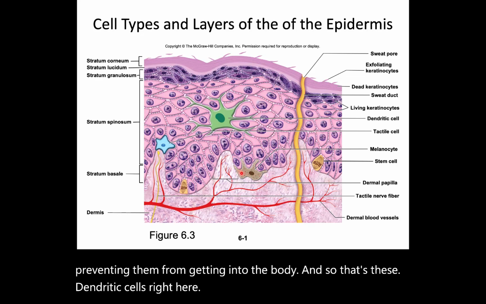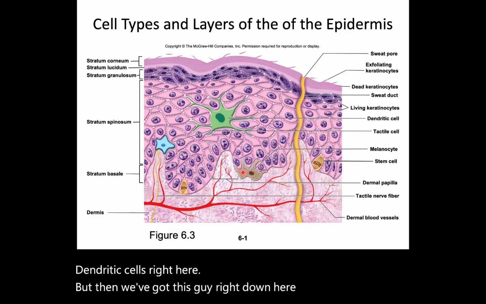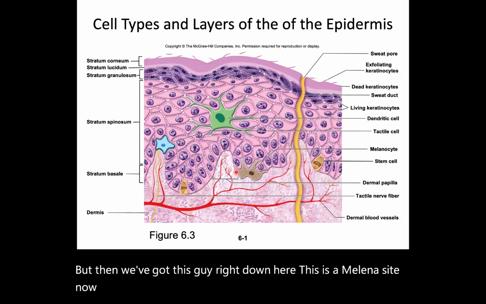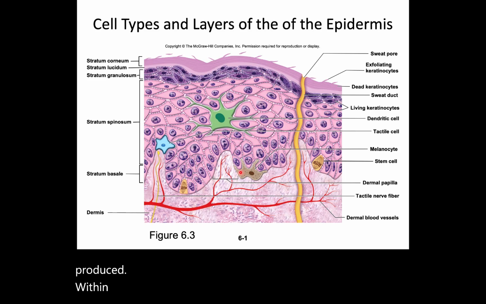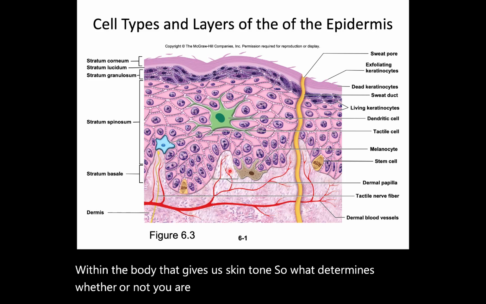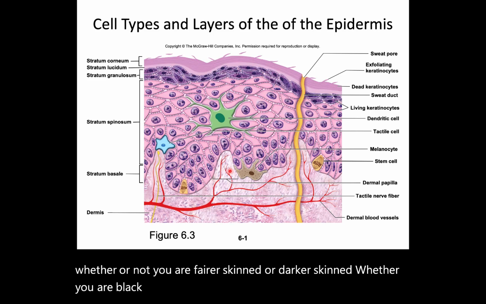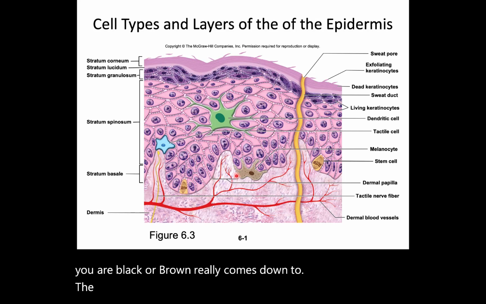But then we've got this guy right down here. This is a melanocyte. Melanocytes are the cell type that is responsible for the production of melanin. And melanin is the chemical that is produced within the body that gives us skin tone. So what determines whether you are fairer skinned or darker skinned, whether you are black or brown, really comes down to the type and the amount of melanin being produced from these melanocytes